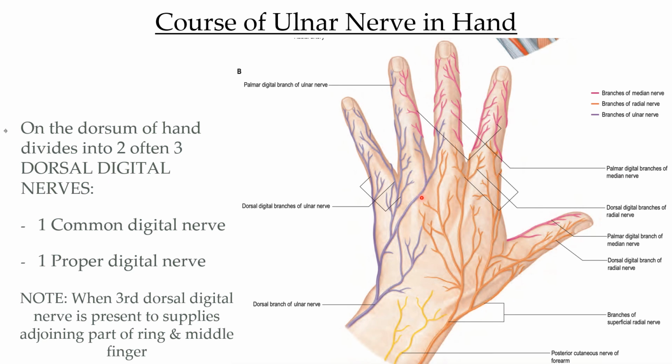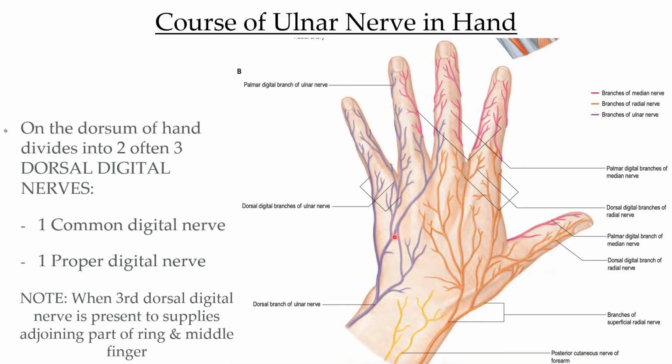Whenever this branch is present, which is very often, we say that the cutaneous nerve supply to the dorsum of the hand is taken care of by the ulnar nerve on the medial 2.5 digits. Whereas when this branch is absent, the cutaneous nerve supply over the medial 1.5 digits is provided by the ulnar nerve, and hence the controversy arises. Different books state different things about the cutaneous nerve supply over the dorsum of the hand.